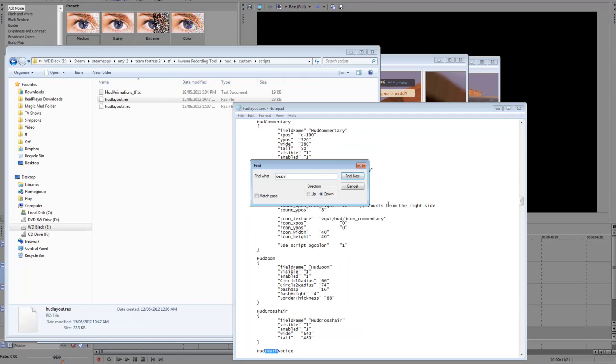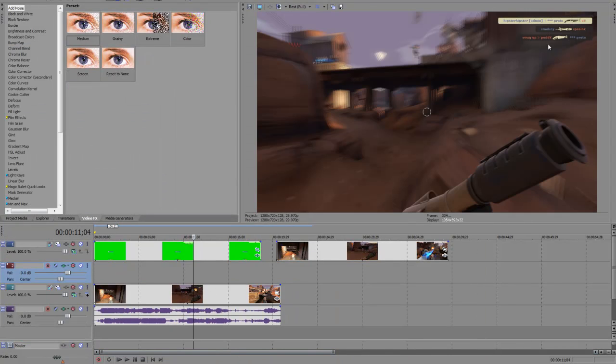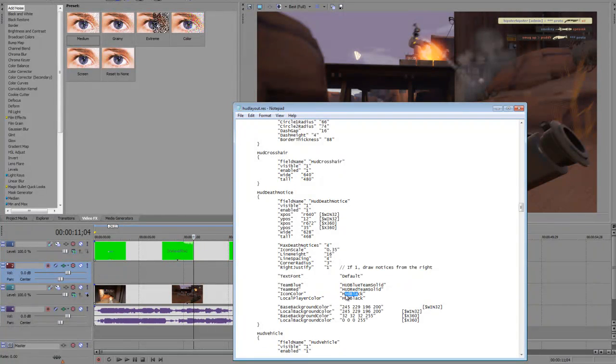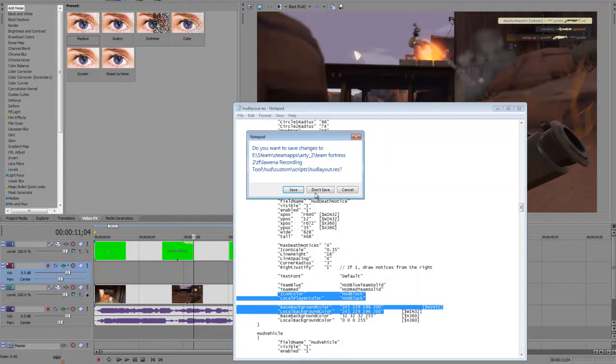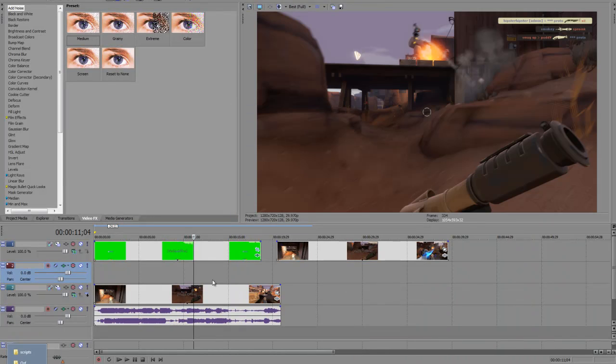So here we go, death notice. What else you need to change is icon color. Oh, that's not the text color, that's the actual weapon color. So you need to change that from the white that you'd have with a normal local player to the black, which you have when it's set on the beige background. Otherwise it's black on grey, which you can't see whatsoever. So you just change the local player color to HUD black. And so those 4 variables are all you need, and that's all. So what I've done is I've changed these 4 variables inside of the